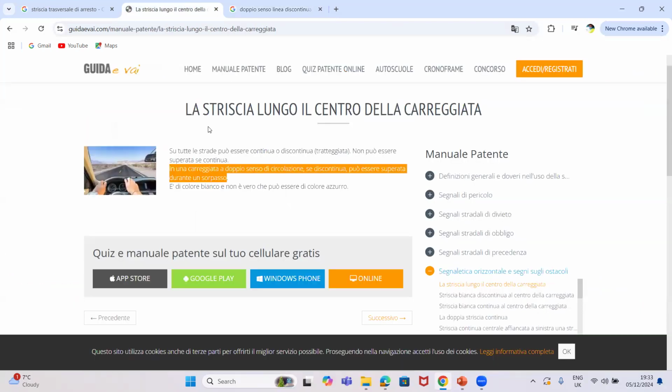Now they say, watch. If a road has double sense of movement, and that line is a discontinuous line, you can pass it during overtaking. Let me explain why. Because, guys, this particular carreggiata probably has 2 or more corsia. If I had a picture here, I would show you and you would understand what I mean. Is it clear now? It does not mean that a discontinuous line divides a road with only 2 corsia. It has more than 2 corsia. That is why they say you can overtake. But when I show you a picture, you will understand.